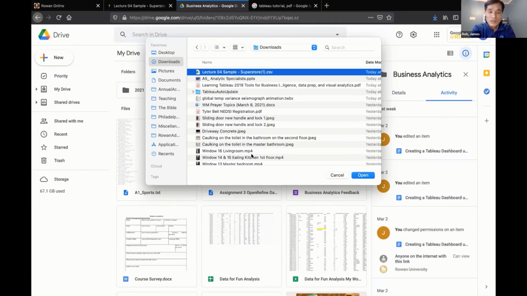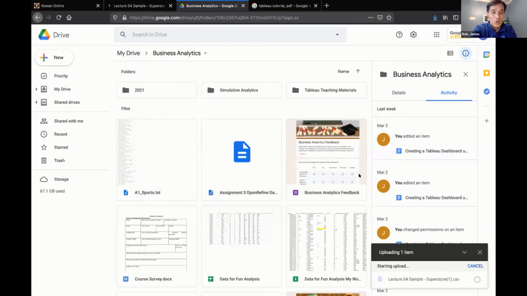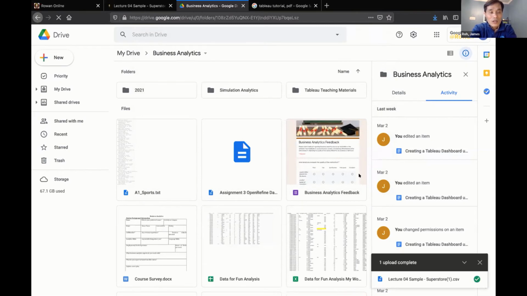And I have downloaded it before, so I have this parenthesis number 1 and .csv file. And I'm going to upload on Google Drive. Can you guys do that? Let me give you a few, 1 minute to do that. So today, I want you to follow along with me so that you understand what I'm doing. So it says, one upload complete,